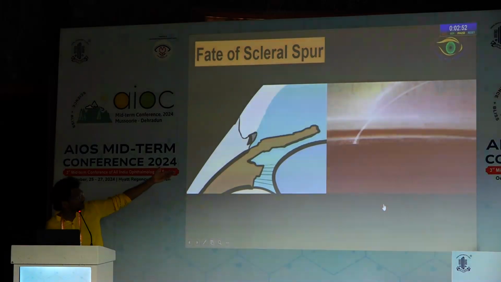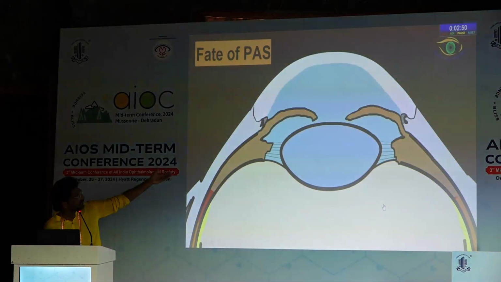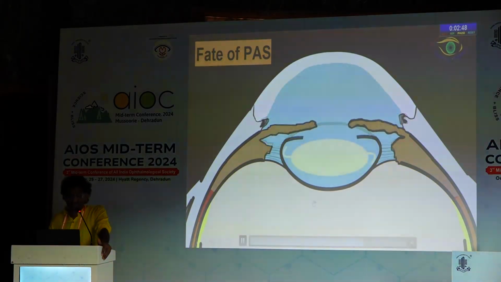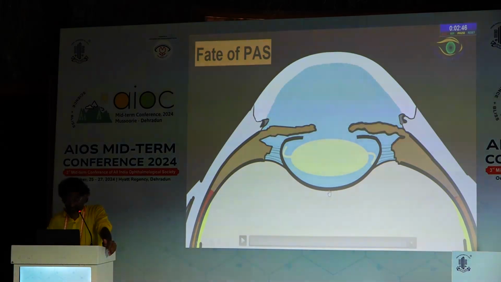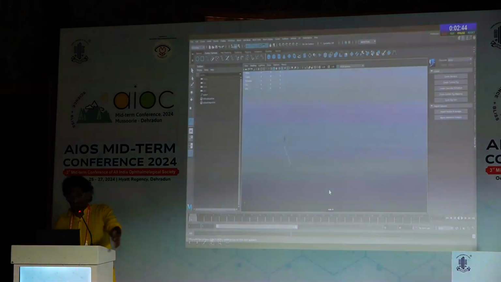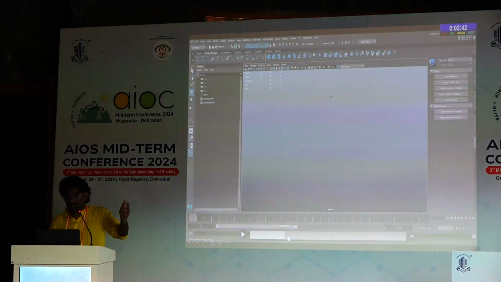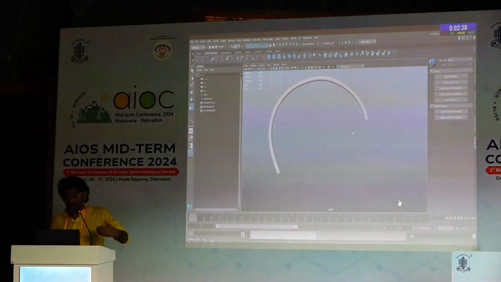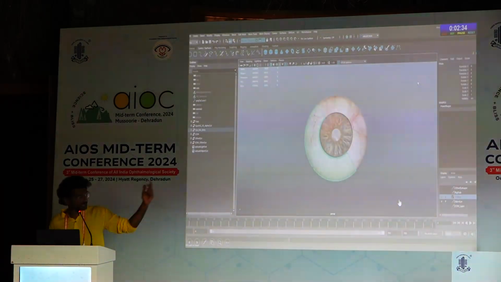How the scleral spur also slightly falls back. And even how a peripheral anterior synechia can actually break when you do a simple phacoemulsification. So then we started creating a lot of unanimated models into 3D. So first it started with animation, then it went into 3D model making where circle of Willis, cavernous sinus and